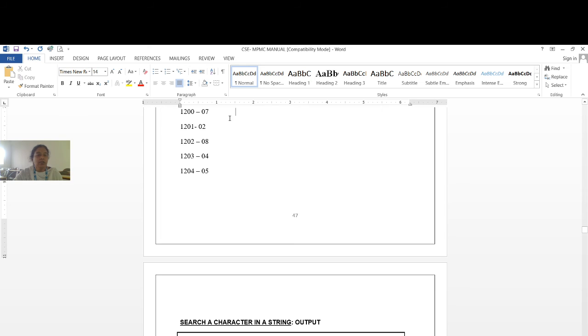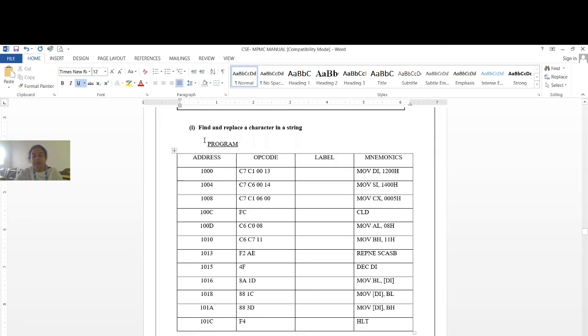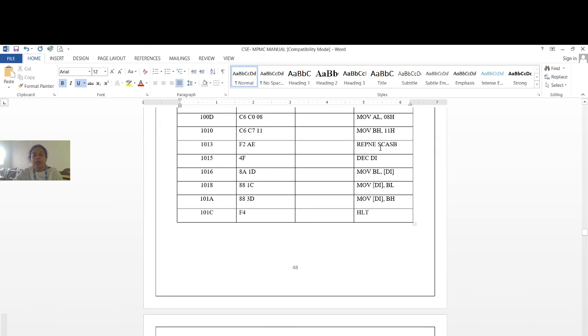Next, 08 is compared with 02, both are not equal. Again it repeats, 08 is compared with 08, and both are equal. Now we have to replace this 08 with 11. For that we have written REPNE SCASB, where SCASB is scan string byte. Until equal, we scan the byte.